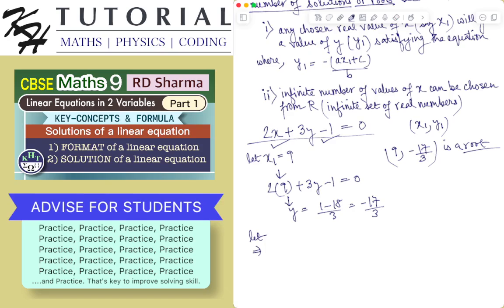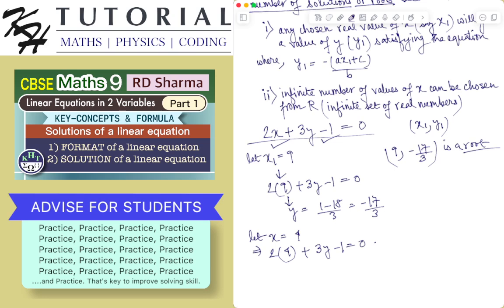You just assume any real number for x. So let's say x is equal to 4. Now if I put the value of x as 4 in the given linear equation, I get 2 into 4 plus 3y minus 1 is equal to 0. This is a linear equation in y, from where I can find a unique single value of y that will